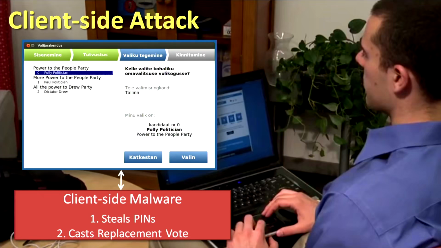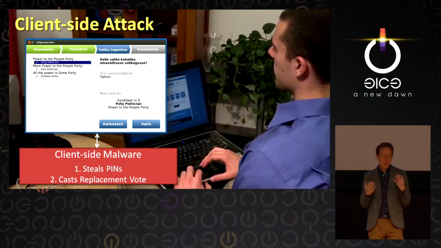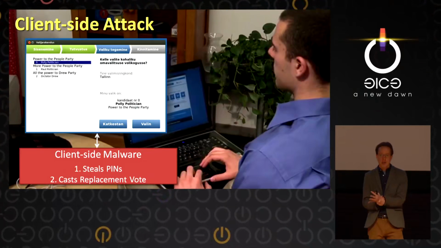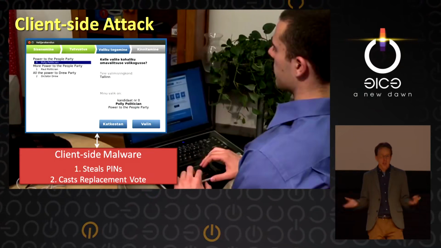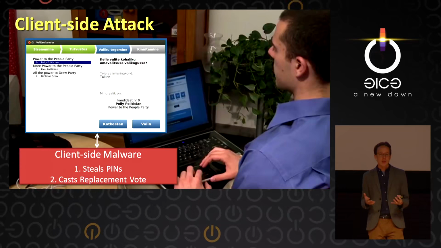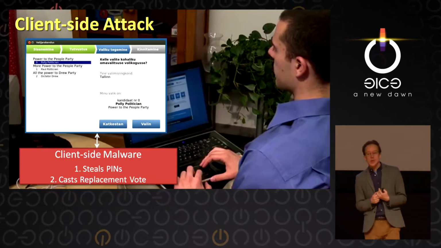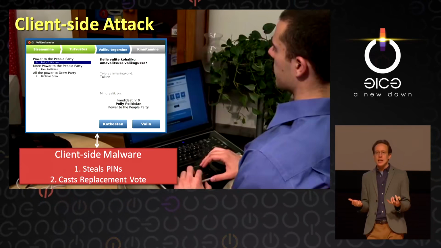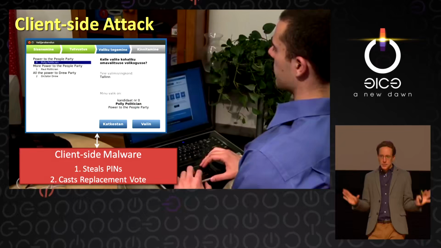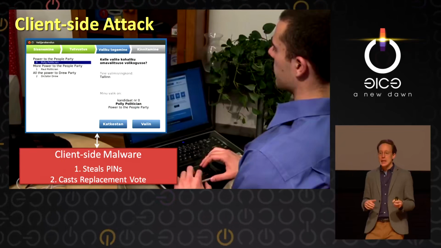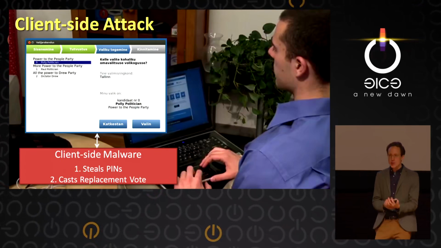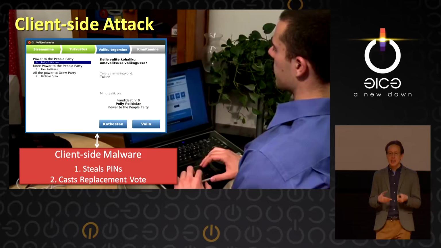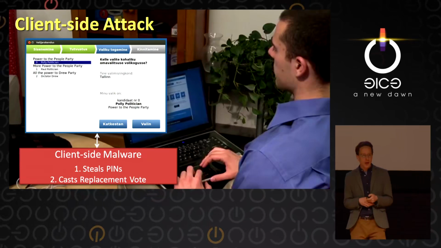Anyway, so imagine you have a voter's client and you're able to get some malware onto it. That malware could just basically tap into the election client process and steal the voter's PIN as it's typed in during the real election. Then later, the next time the voter puts in their national ID card, say to bank online, that malware can just invisibly in the background use that stolen PIN to cast a replacement vote. The voter never finds out, the vote is changed, and the attacker is able to steal one vote by that procedure.